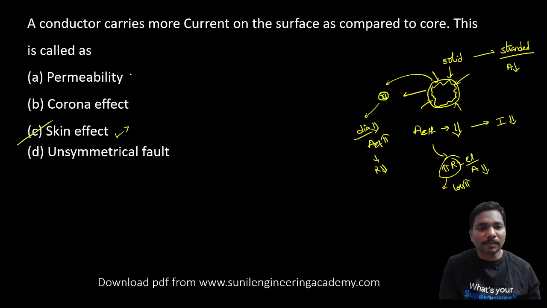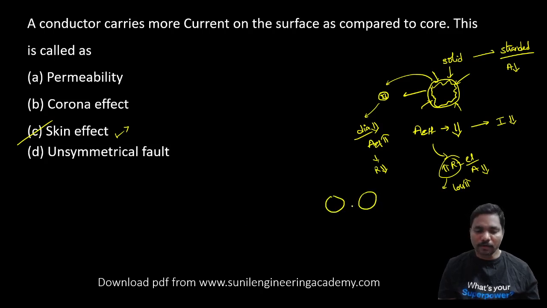Okay, what is the proximity effect? Proximity effect means we have two conductors parallel to each other. Due to one conductor, the other current-carrying conductor is using almost half of the effective area. So as the area is less, resistance is again more. So again we are getting the losses.